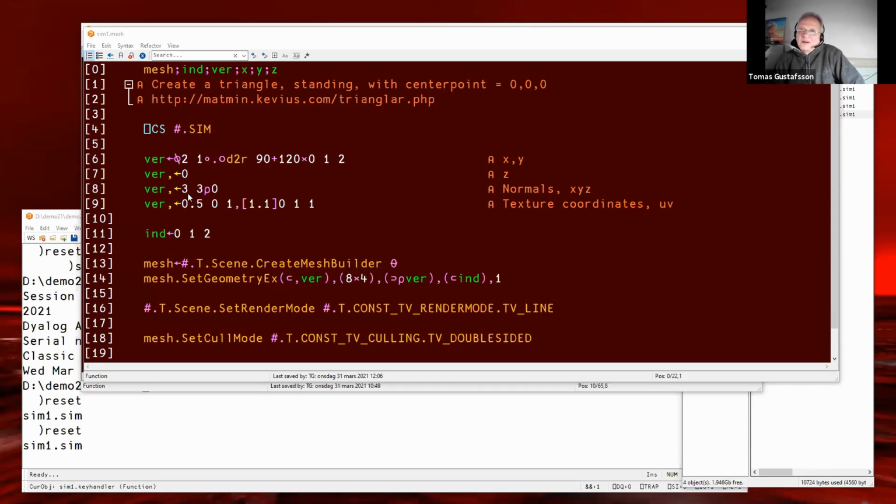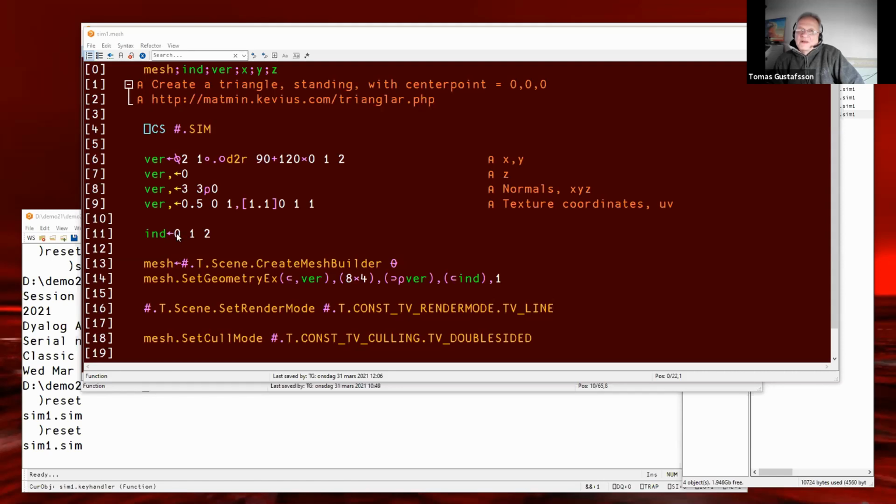Now I have a table with 3 rows and 8 columns, and I want to make a triangle, and I need to tell which of these vertices will form the triangle. Well, apparently number 1, 2, 3, but the index origin in 3D is always 0. So it's 0, 1, 2.